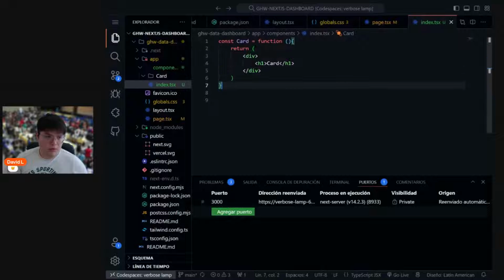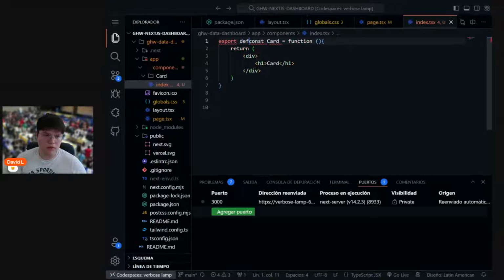Okay, so let's just continue. As you can see here, we have our accounts card. It is already declared, but we want to use it in the page.tsx module. So how do we do this? If you are going to use a lot of functions inside your project, you can do it by just saying export default